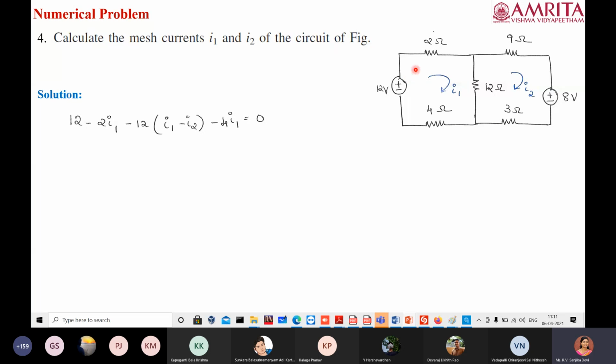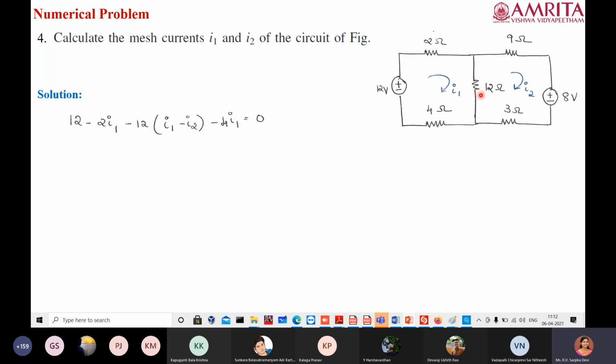Okay, so for this first loop, we will start from the voltage source. We are coming out of plus 12, so the polarity is plus 12. Then we have this 2 ohm resistor. When current is passing through the 2 ohm resistor, there will be a voltage drop. I'm not mentioning the polarity, but you can understand that whenever the current is flowing through the resistor, there will be a voltage drop, so the terminal from where it is coming out will be negative. So the second voltage can be written as minus 2 times I1.